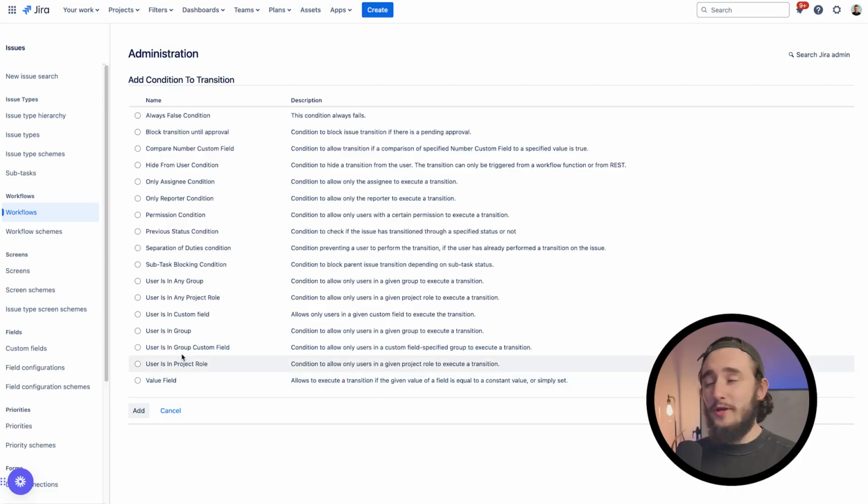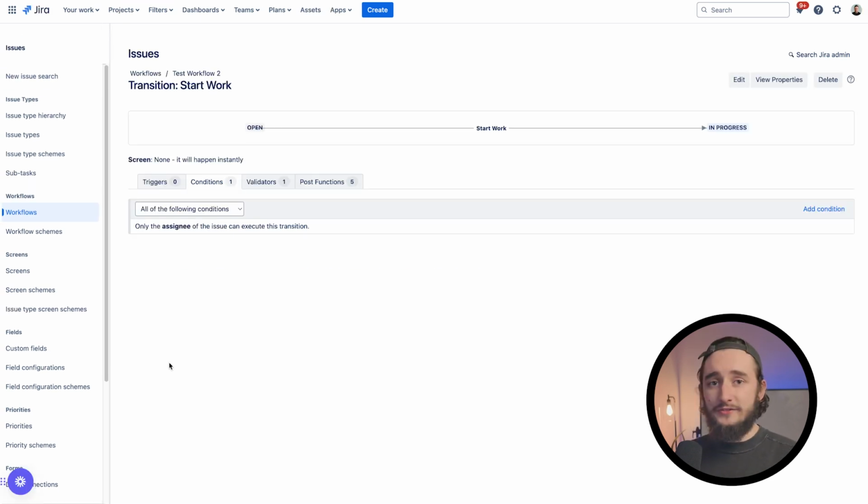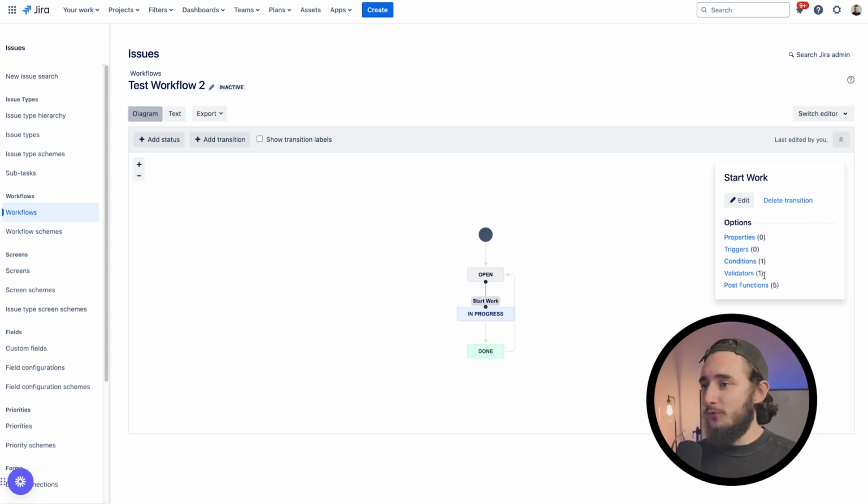So for this example, I'll use the only assignee condition. So maybe I only want an assignee to make this action here. I'll click on add. And that doesn't actually require any other configurations, and it's automatically added to our list of conditions. Going back to our original workflow, we can now see a couple of things that are applied within our options